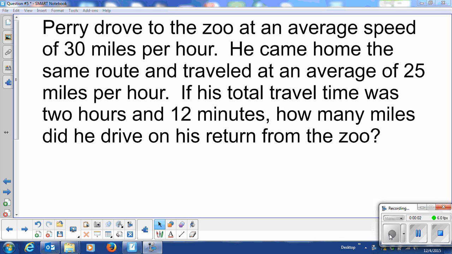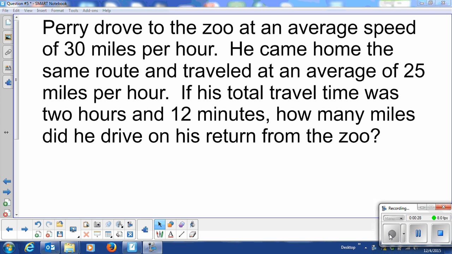All right, in this question number 5 for the SAT problem, this is a distance and rate type problem. And it says Perry drove to the zoo at an average speed of 30 miles per hour. He came home the same route and traveled at an average speed of 25 miles per hour. If his total travel time was 2 hours and 12 minutes, how many miles did he drive on his return